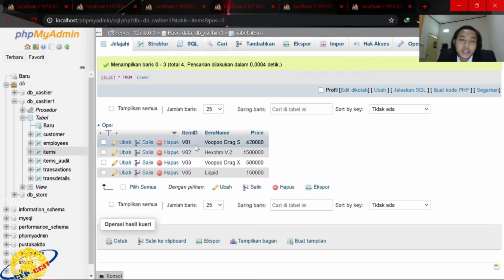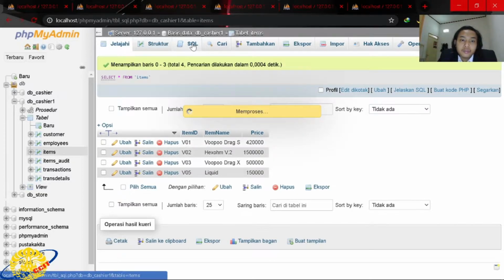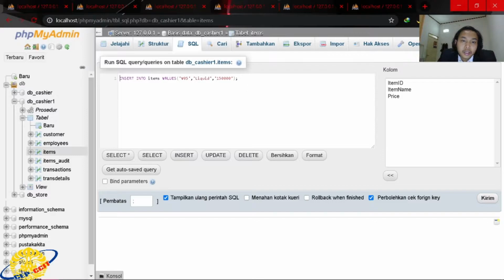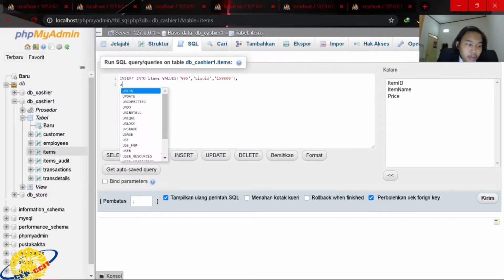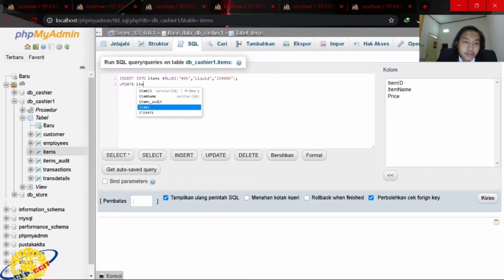And then how about updating the items? Okay, for example, update items, set price, for the example, 200, and where item ID is V05.